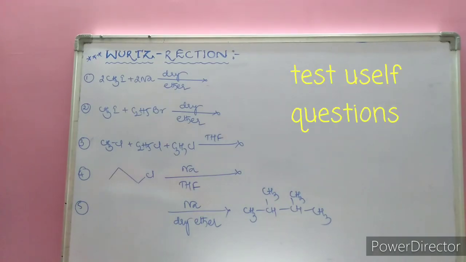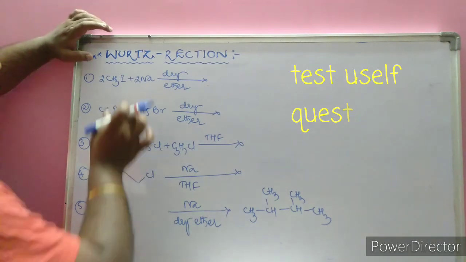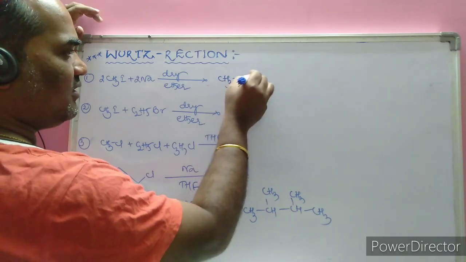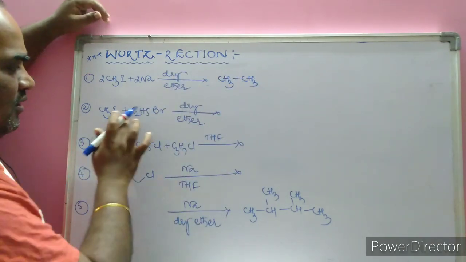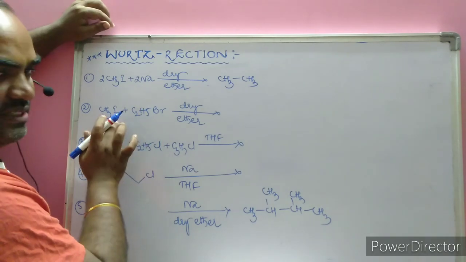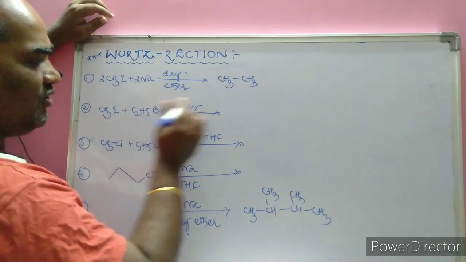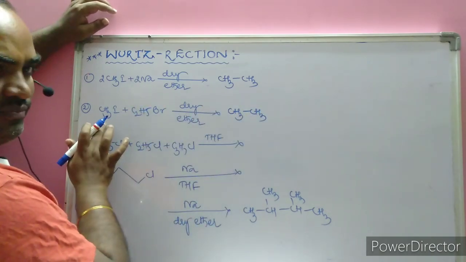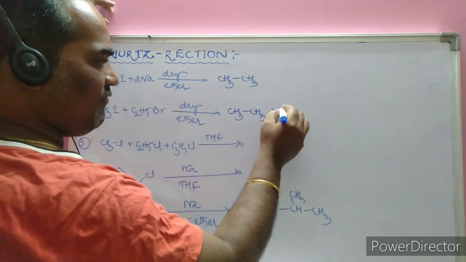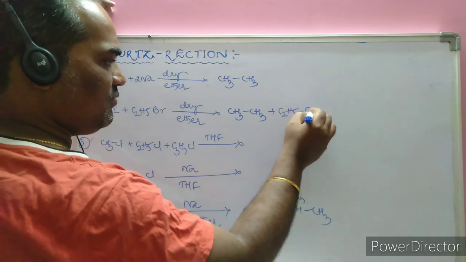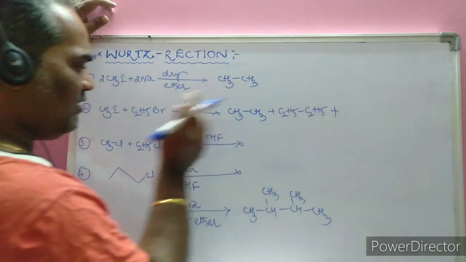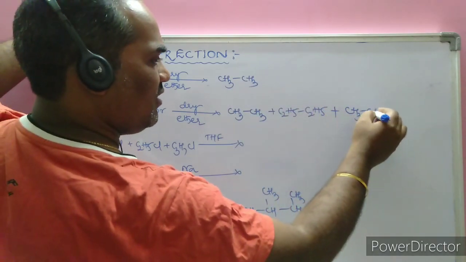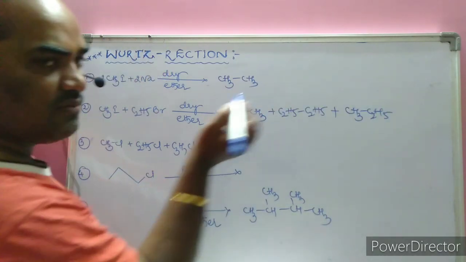Now, a variety of examples for the Wurtz reaction. Here methyl iodide is given, which gives an alkane with twice the number of carbons, ethane. And here two different halides are given as a mixture. In such cases, what do we need to take? One is the self product, that is ethane. Another is the self product of C2H5, that is butane or n-butane. Another is the mixed one, propane, a very minute quantity that I am going to get.